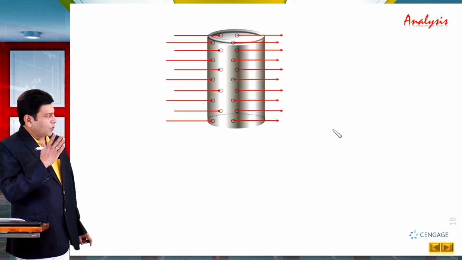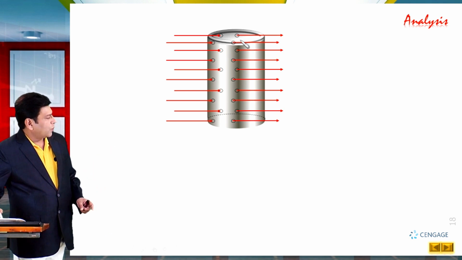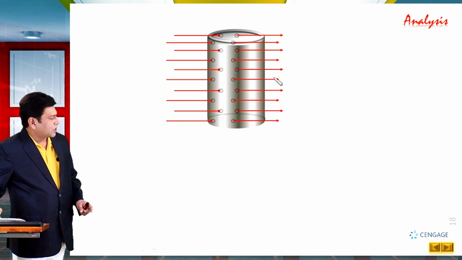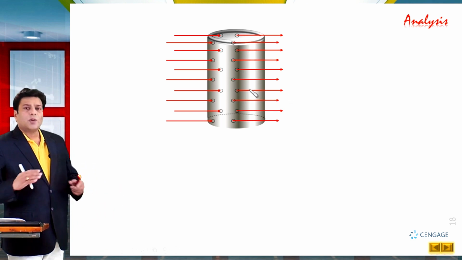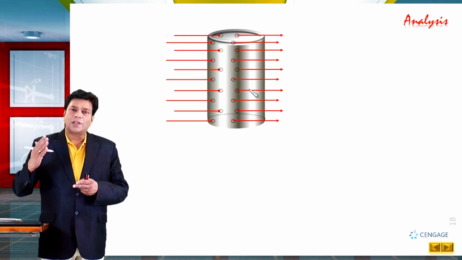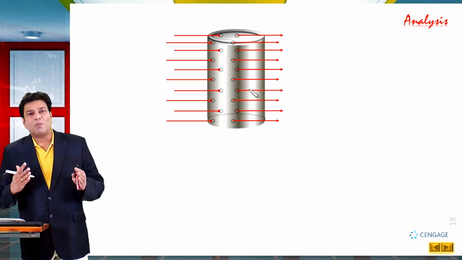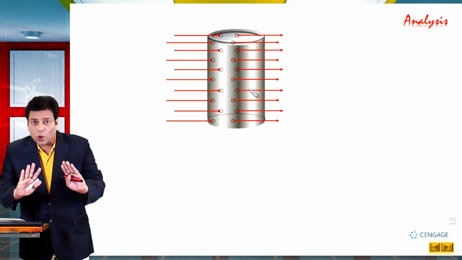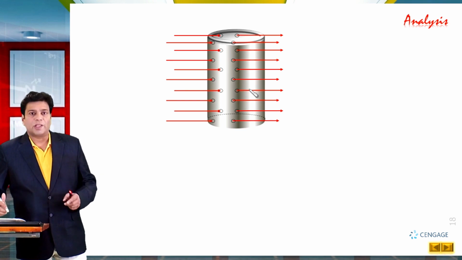So let us make this diagram again. This cylinder is in vertical orientation. You can observe here electric field lines which are interacting with the curved surface, leaving from this right surface, and they will also cross the vertical cross section of the cylinder. And you know, electric flux is proportional to the number of electric field lines. So here we can say the number of electric field lines which are coming toward the curved surface will also cross the vertical cross section of the cylinder.